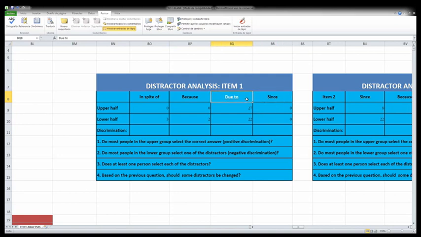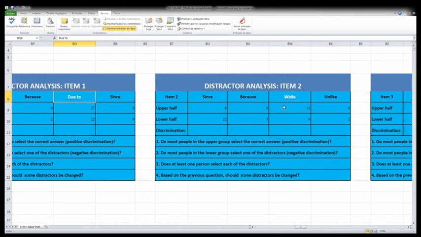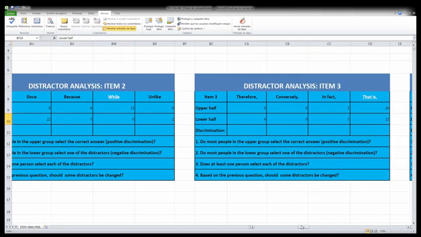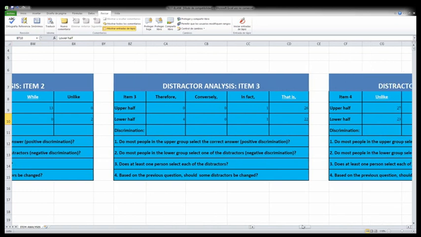And the option that is in white and underlined is the correct answer. Okay, and you have the correct answer indicated in this way in all of the items, and you have the number of people in both the upper and the lower half who selected each of these options, including the correct answer. So you have this information already there, and what you need to do is to calculate the